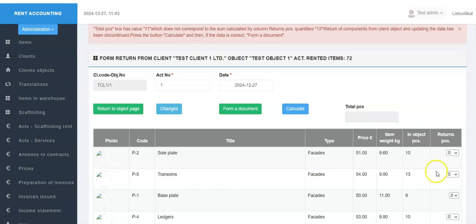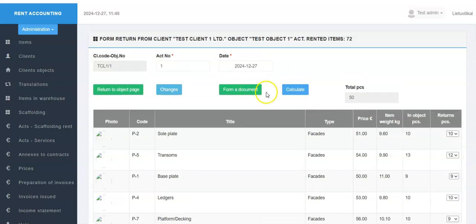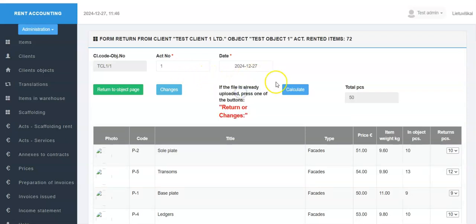If all selected or entered data meet the requirements, then by clicking the Form a Document button, an Excel format return act is formed.